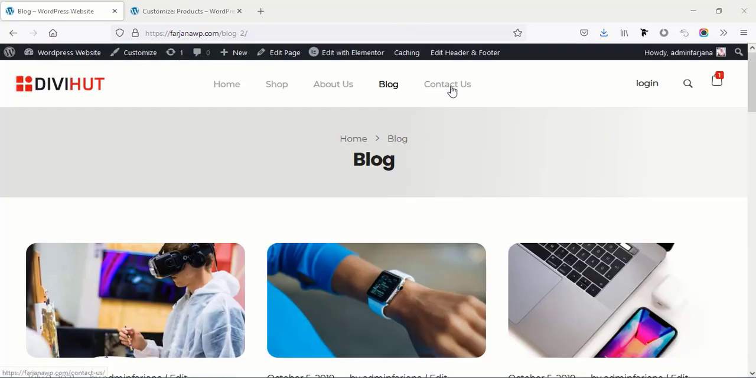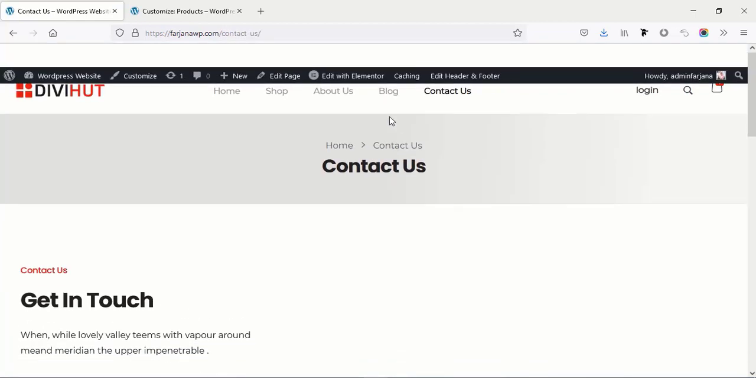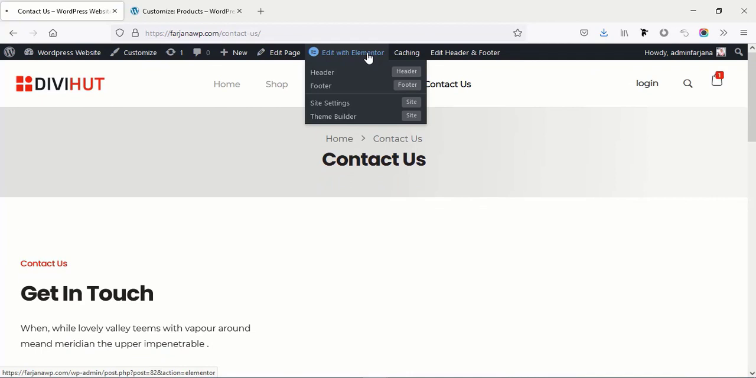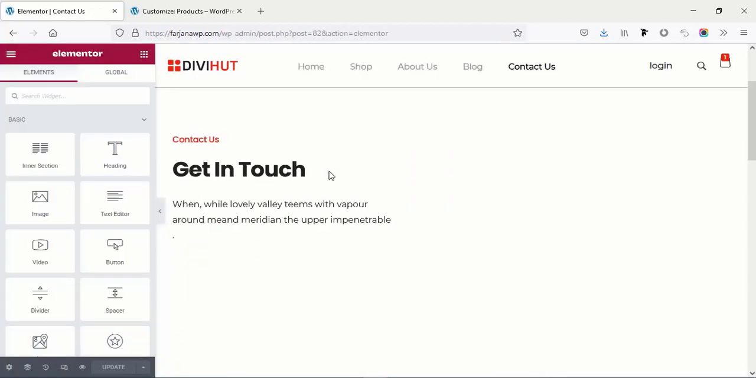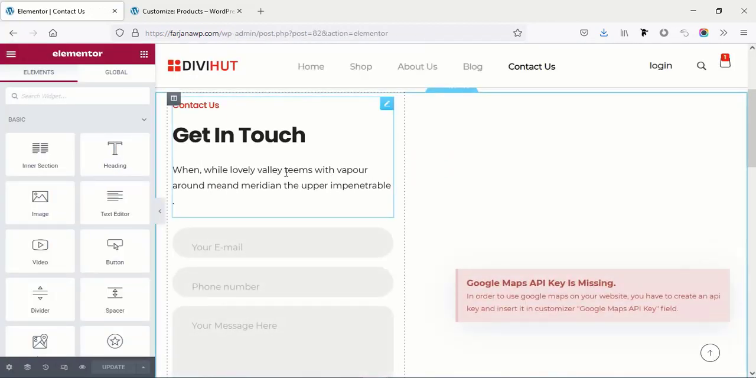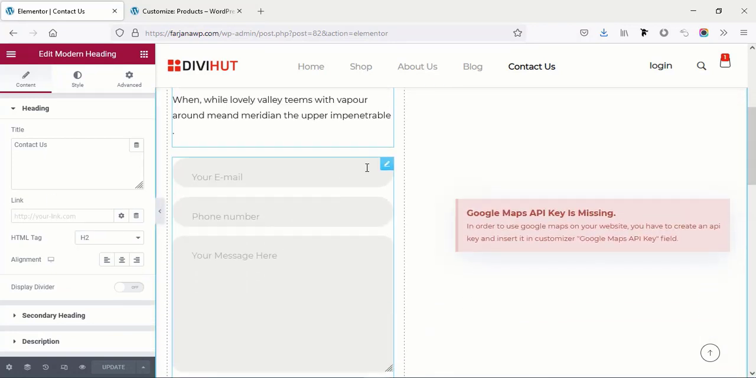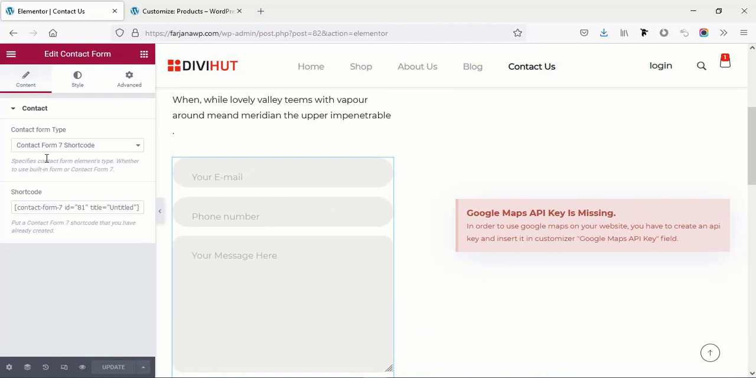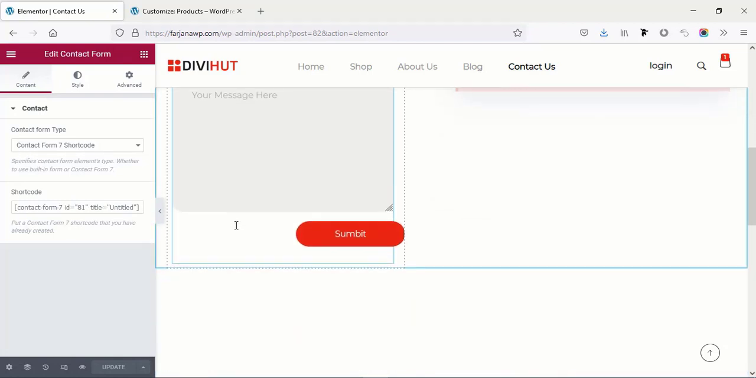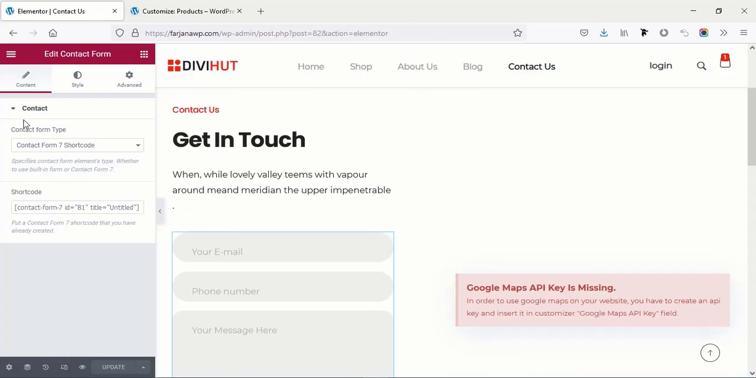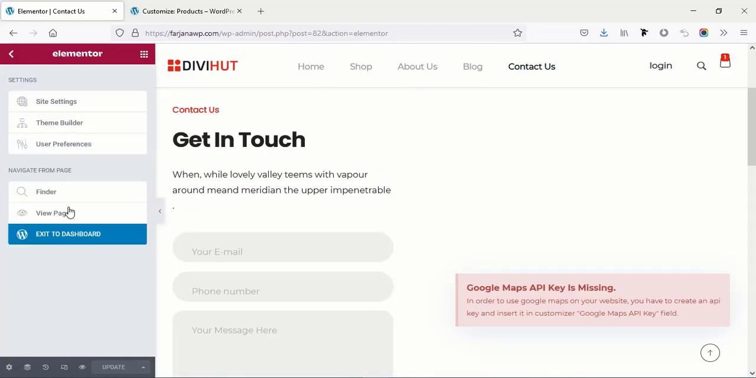And finally I'm going to the contact us page. So now going to edit with Elementor. From here in a similar way we can change this text, and for the form, if I click on this form, this is coming from Contact Form 7. If we want to customize this form, for that I have to go to the dashboard again. I'm going to the dashboard,